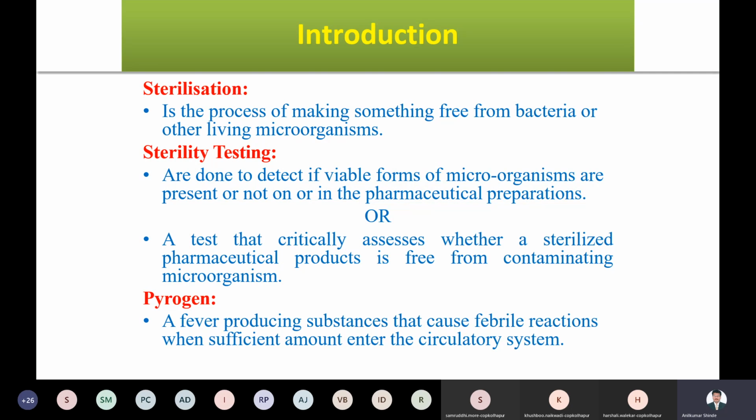So this device should be free from bacteria. If the device is not free from bacteria, it will infect your body or your heart and cause problems, right? So the pathogen will be tested with the help of this. So why is this testing conducted? Because all products, all pharmaceutical products, should be free from bacteria.